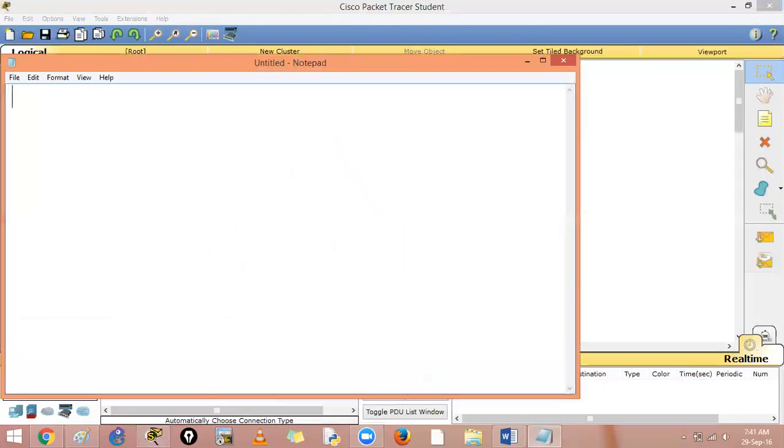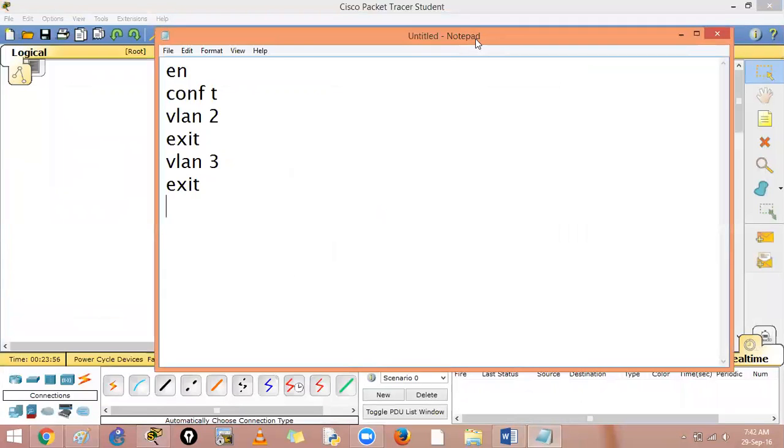Let us say notepad, enable, configure terminal. How do you create a VLAN? VLAN 2, exit, VLAN 3. Done. That is how we will create the VLANs in the global configuration mode. And it is always important to configure your trunk links. There is dynamic trunking protocol that is going to happen, but as of now,